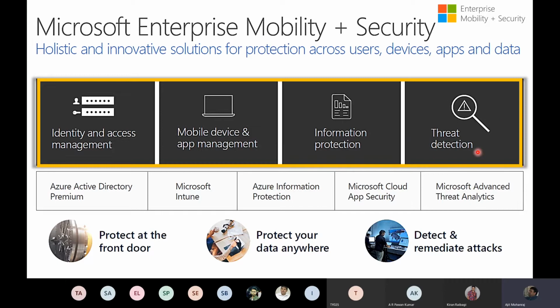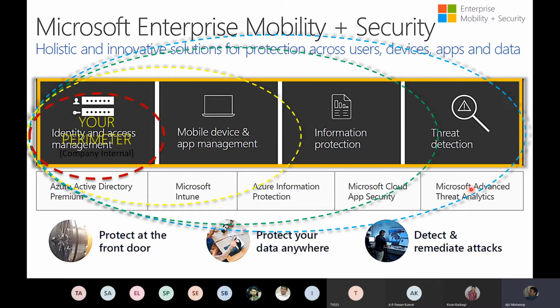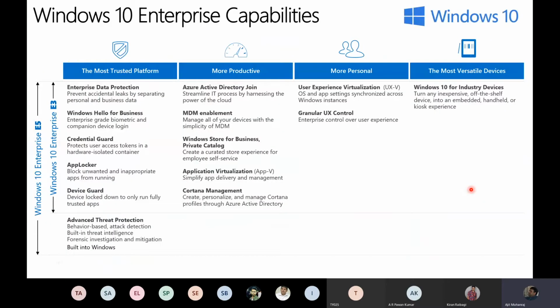Fourth is in terms of threat detection and lateral movement. We all know how an advanced persistent threat works. Or there's a funny behavior of my cloud account, or a funny behavior on-premise by this user, right? I want to be able to capture that. That is covered by Microsoft Advanced Threat Analytics and Microsoft Cloud App Security. Basically, they're looking for abnormal behavior and access both in the cloud as well as on-premise. So if you look at those ellipses that I drew earlier, this is what encompasses that whole piece, because remember, we want to be able to protect at every stage, right? So EMS had about 5 tools in it.